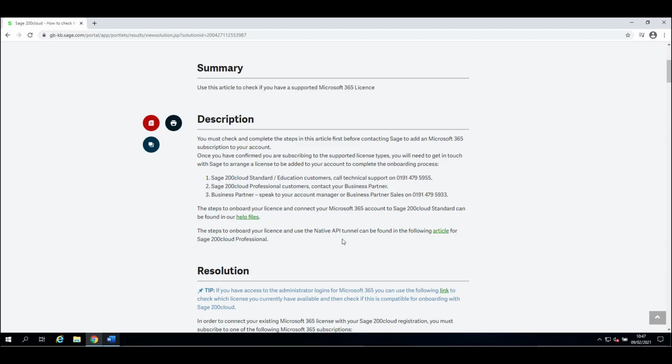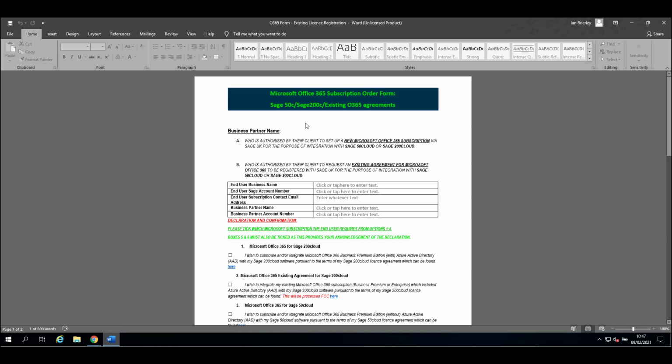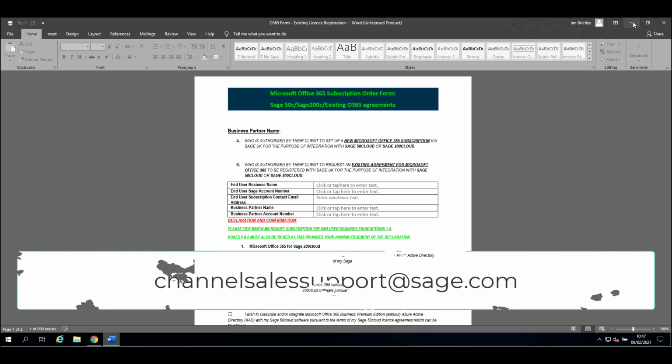So once all that information has been confirmed, you'll need to get in touch with technical support on the number listed here. When you get in touch with technical support, you must state that you want to add an existing Office 365 subscription to your license. What we'll do is we'll send you out an email with a form attached that looks like this. Fill this form out. Obviously, you can ignore the business partner name and the business partner account number. If you reply to that email, it should then directly send the email to our channel sales support at sage.com